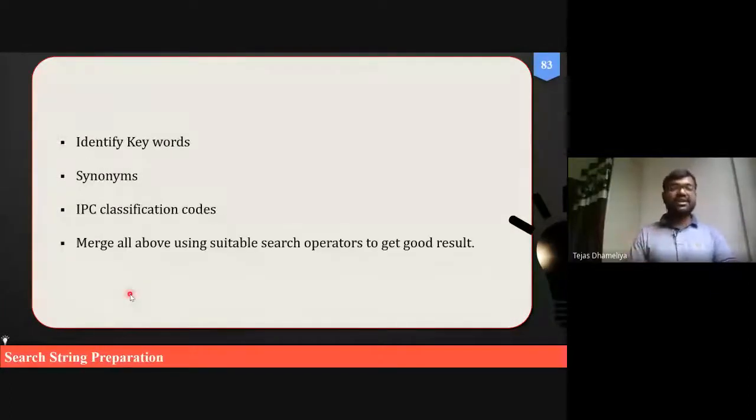And the more important thing is that we also need to give our search string. Whenever we are doing the search strings, we also need to identify the keywords around which we are going to do our research work, let us say anti-diabetic agents, heterocyclic scaffolds, or development of certain formulations, or cyclodextrin. Whatever your keywords are, we have to specify that. And not only that, synonyms we should also cover.